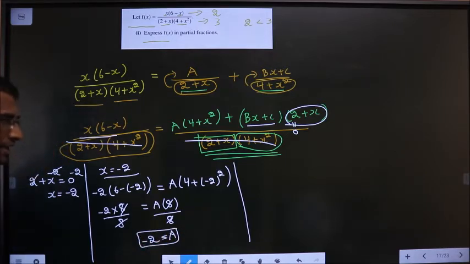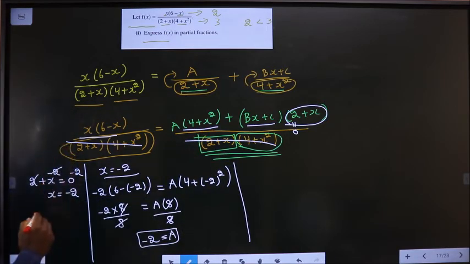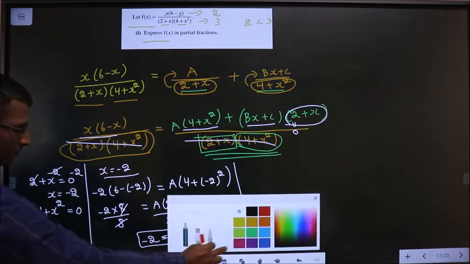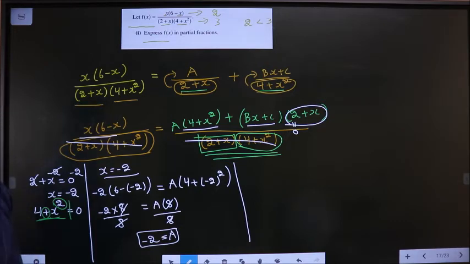Okay, next. Now I try to make this bracket 0. So that is 4 plus x square equal to 0. Here you need to understand this one. See, on x the power is 2 and here you have a plus sign. What is my point is, no matter what value you take for x, this thing is never going to become 0. Clear? So now the next option is take x equal to 0.